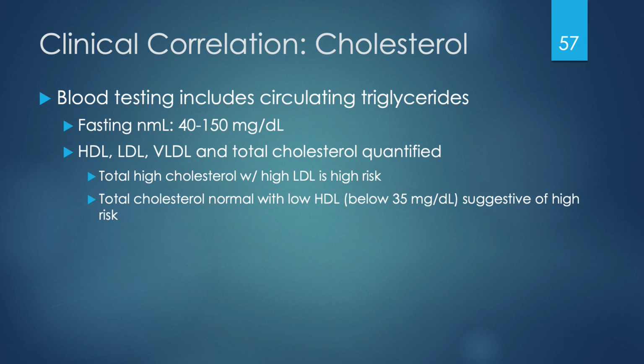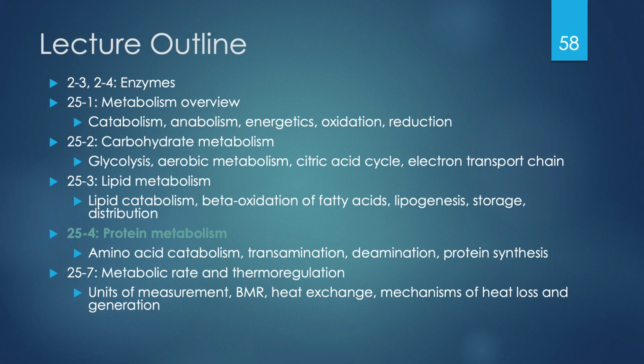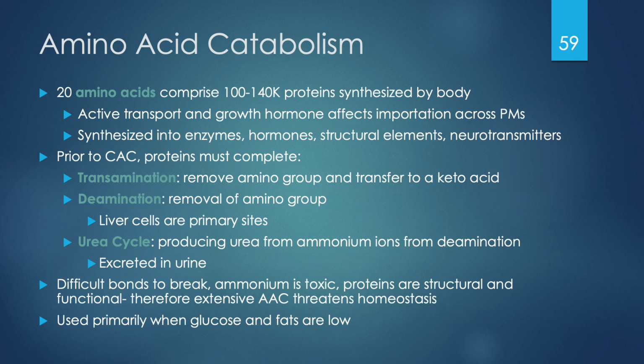Let's discuss section 25-4, protein metabolism. We're going to look at amino acid catabolism, transamination, deamination, and protein synthesis. Amino acid catabolism can be considered the last-ditch effort of the body to create energy when glucose and fats are low. So there are 20 amino acids that are going to comprise 100 to 140,000 proteins that are all synthesized